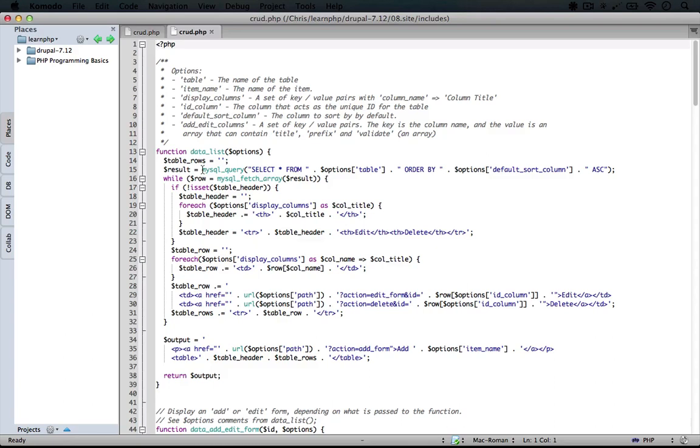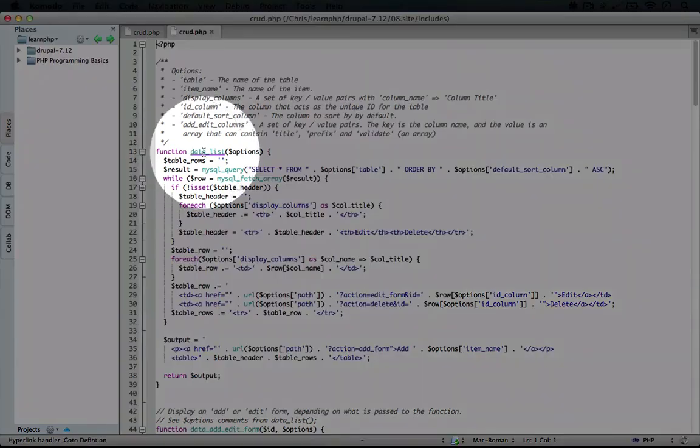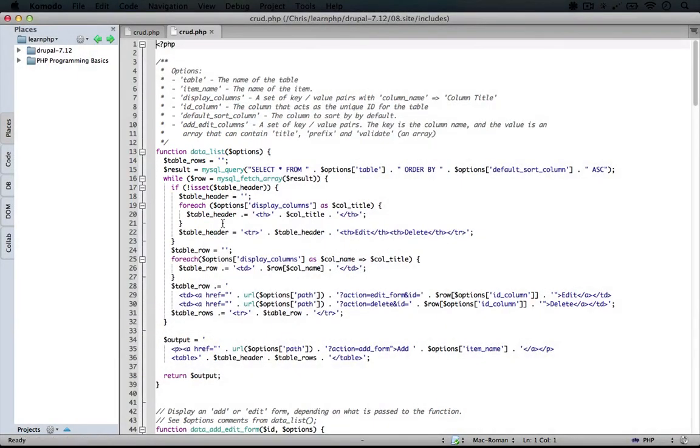But if we had multiple people working on this code base, the chances of using the same function name or prefix goes up quite a bit. So that's one weakness we can address by using object-oriented programming. Another one is this issue of options. As we work through the process of creating the list of data and then editing that data or adding that